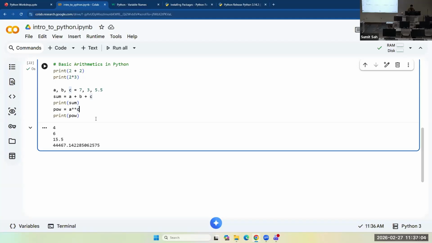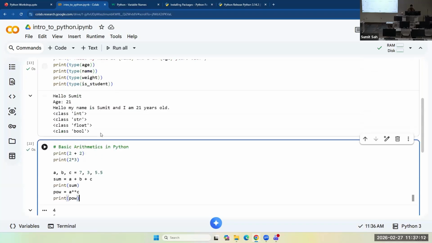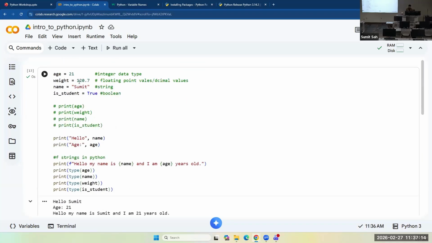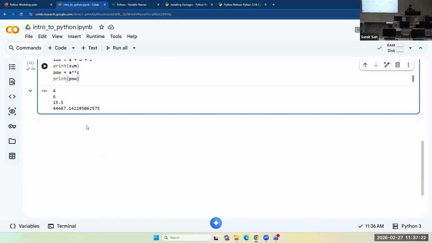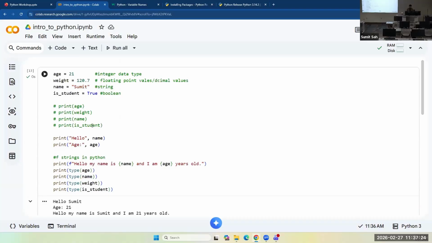Now let's dive into lists. Until now, we saw how we can store single values or a string in variables. Variables are like containers. But in the real world, you can have a list of values, not just single values or a string.